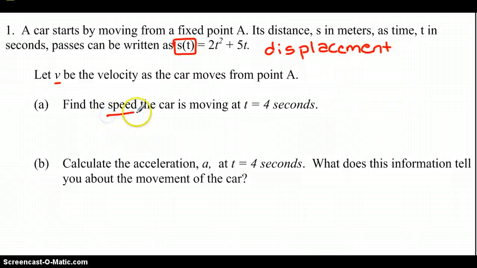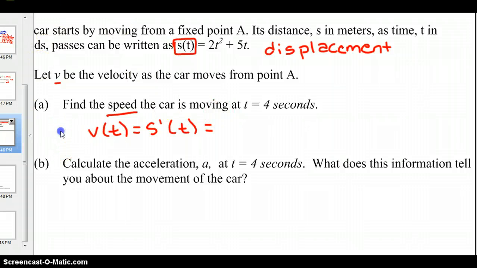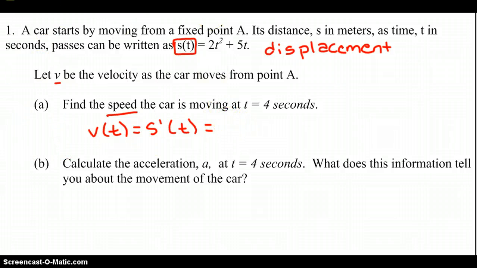All right, so first of all, I'm seeing this word speed. That means I have to find my velocity. To find the velocity, what I'm really doing is finding the first derivative. Go ahead and take a moment to find the first derivative. So once you guys find the first derivative, remember that you are not only finding it, so this is going to be 4t plus 5, you want to find it at 4 seconds. So let's go ahead and let 4 be our t. And now we are saying that 4 times 4 is 16 plus 5